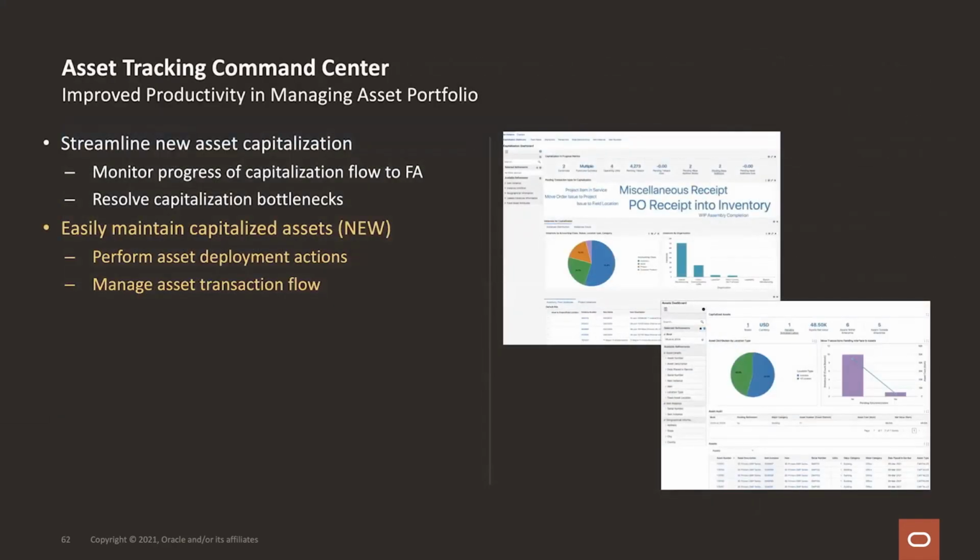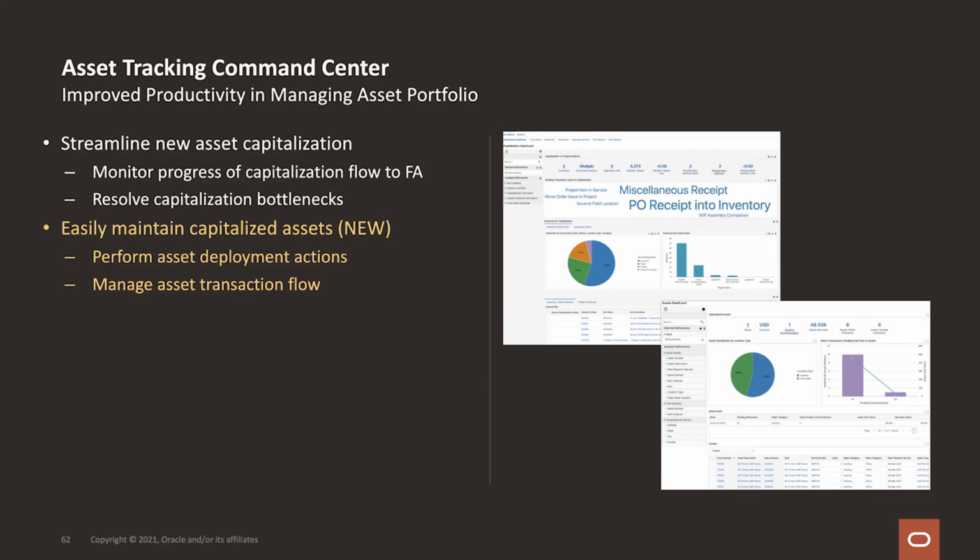Okay, shifting gears once again. Let's talk about asset tracking. In this area, the asset tracking product is most often used by companies that have a very large number of assets. For example, if you're a cable TV company and you provide set-top boxes,